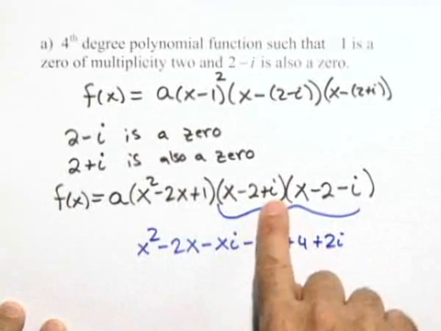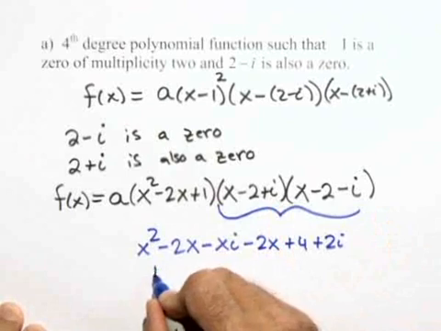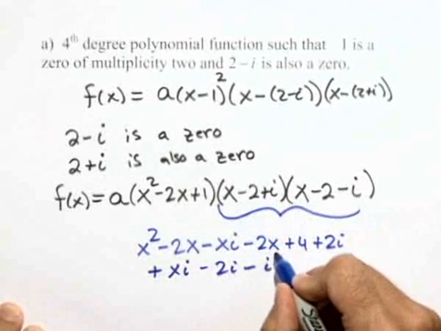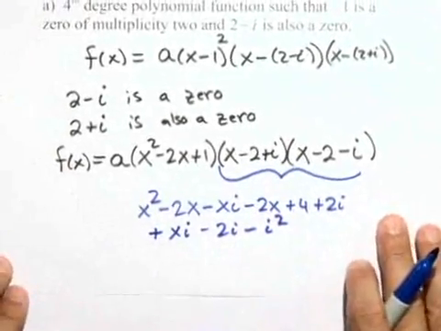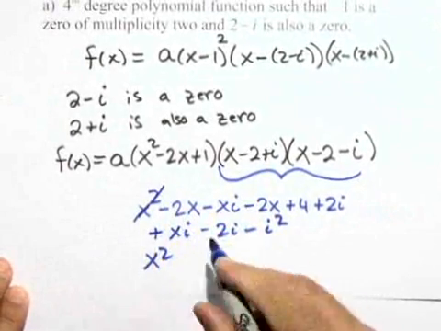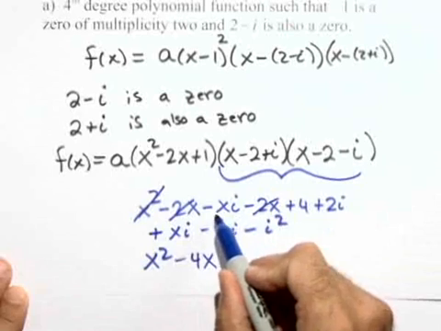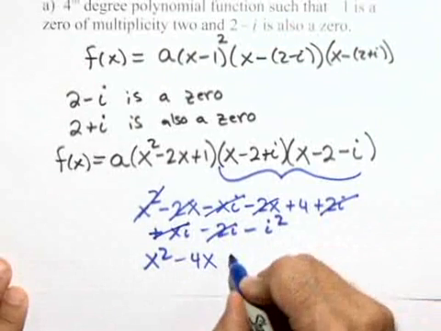And finally, we'll take the i and multiply that through the final factor. I'll write it down here. This gives us plus xi minus 2i and finally minus i squared. And let's simplify this. Combining like terms, we get x squared, let's cross them out as we go, minus 4x. Negative xi and positive xi, those cancel. Positive 2i and negative 2i, those cancel. And we have plus 4